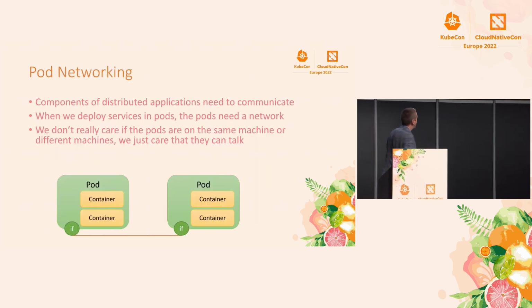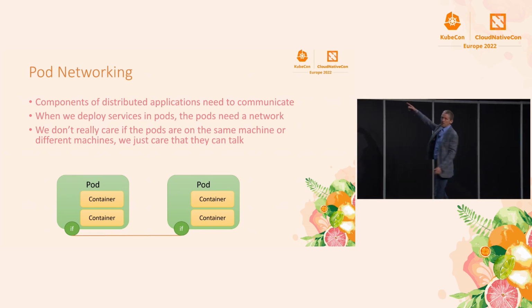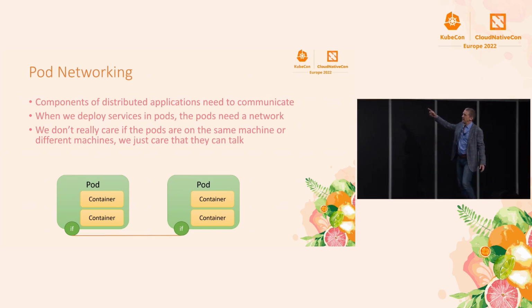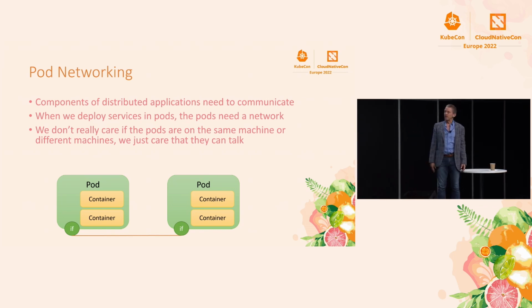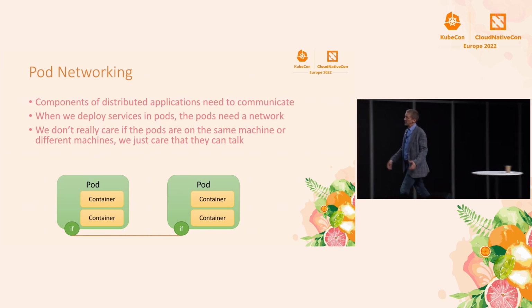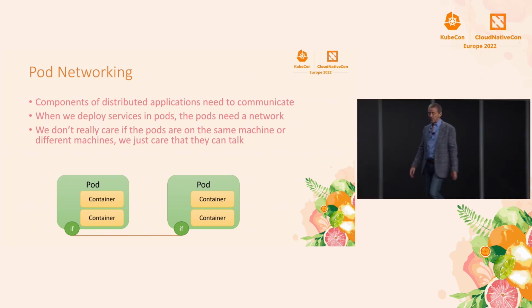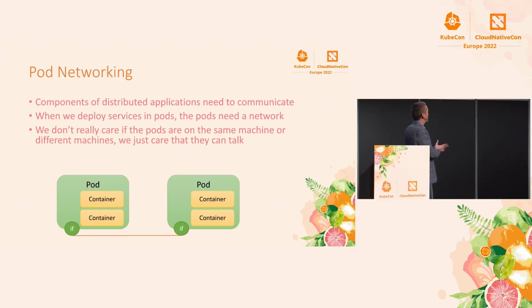And so pod networking works like this. You have an interface in one pod and an interface in another pod. They both have IP addresses, and now you can talk, right? These two guys can communicate with each other. And you can have as many containers as you like in the first pod and as many containers as you like in the second pod, or as few as you like. So pods are the unit of distribution and also the unit of network identity, right? The unit of networking. They have an IP address.